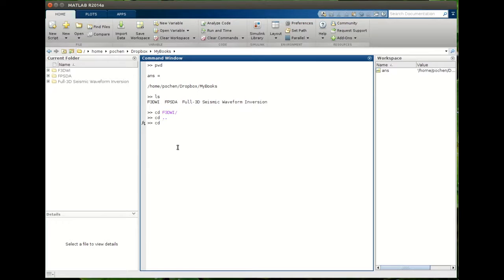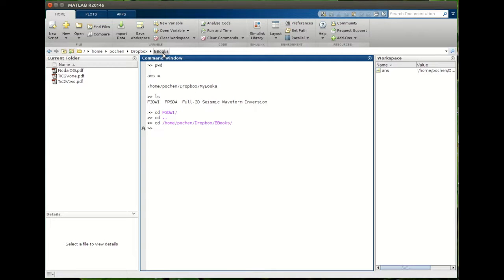So suppose I want to go to Dropbox underneath ebooks. I want to go to home PoChain, but instead of Dropbox, underneath Dropbox, I want to go to the subfolder that's called ebooks. So how am I going to do that? I'll do cd home, PoChain, again autocomplete using tab, and then Dropbox. And then instead of using my books, I want to do ebooks. So now I am inside of that ebooks subdirectory, and I can see 3 PDF files inside of that